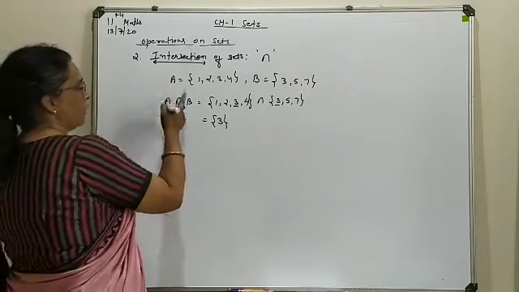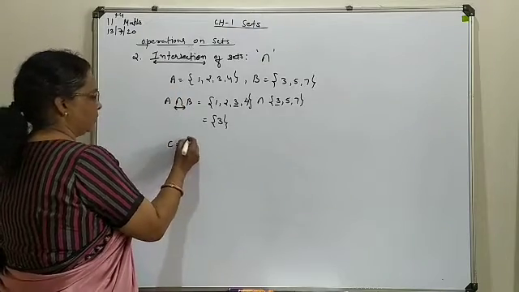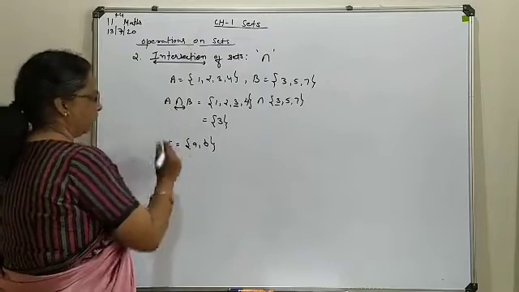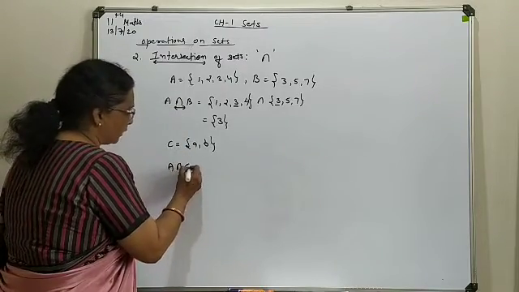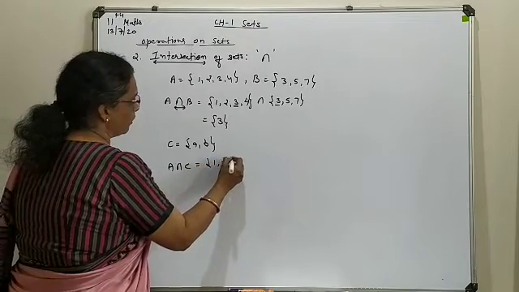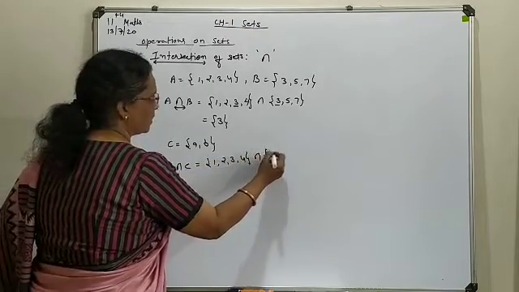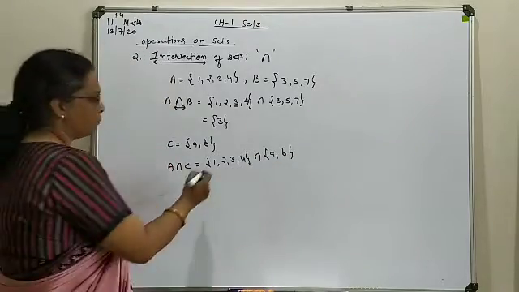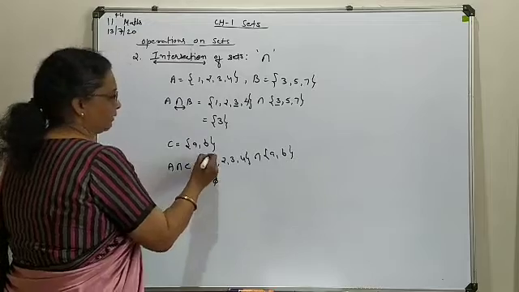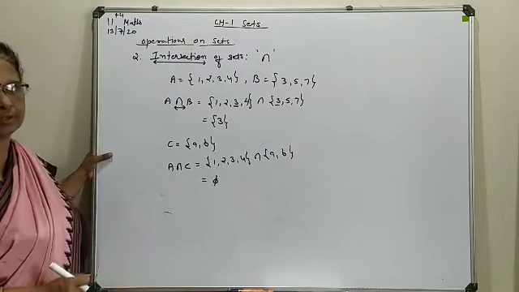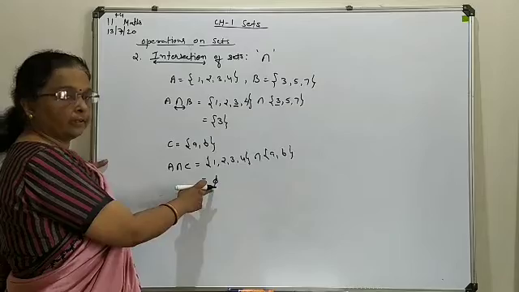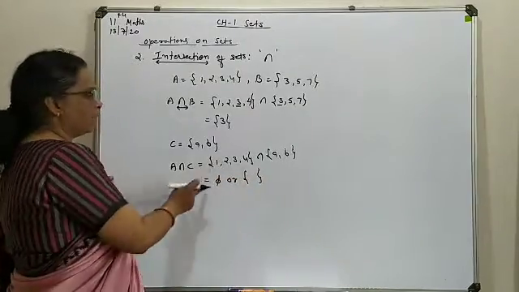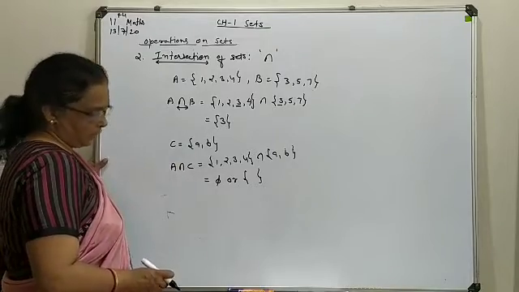Just for example, the same A we write, and one more set C with two elements as a totally distinct category. And here we are willing to find the intersection of A and C. So A is 1, 2, 3, 4. Intersection C means A and C. So in these two, none of the elements is common. So as an intersection you will have a null set. As I told you before also, for the null set you will write either this hollow symbol or this blank bracket. So this way your intersection can be considered.